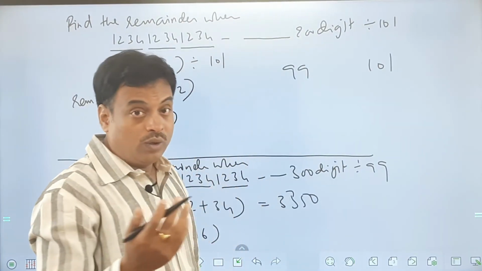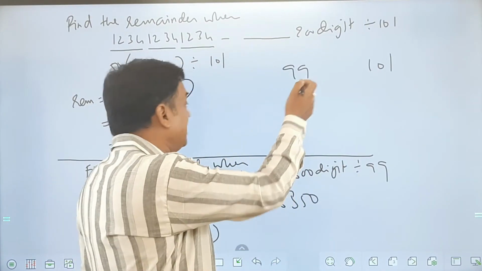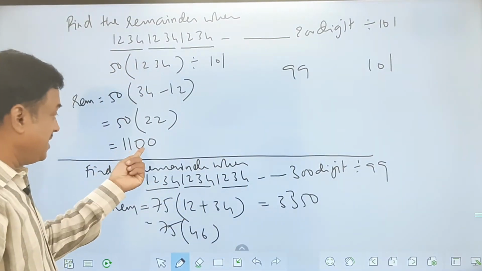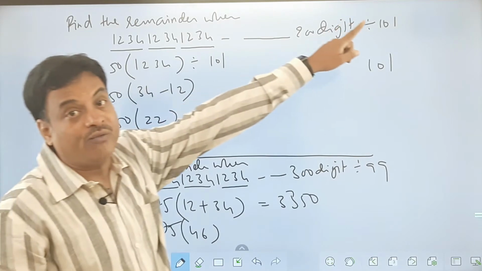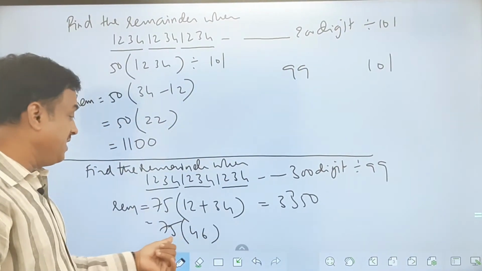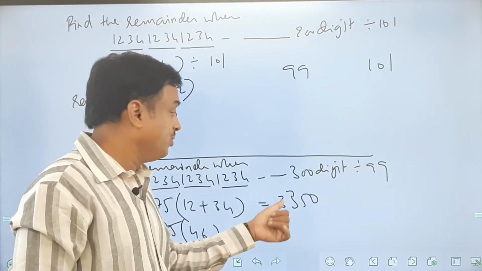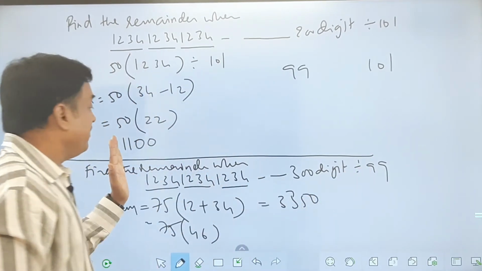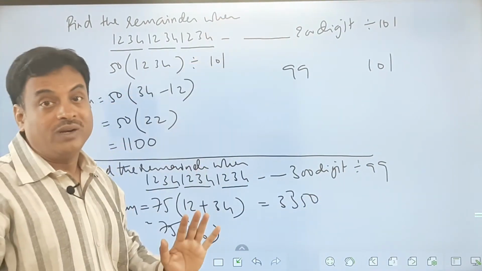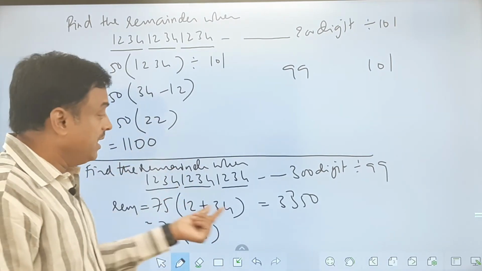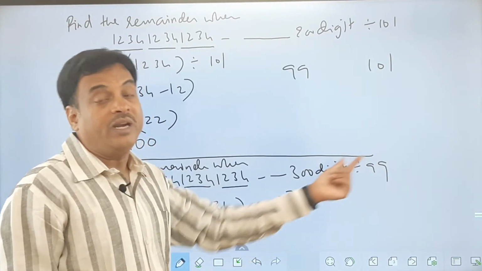Now you all know if a number is divisible by 99 and leaves a certain remainder, then I should also check whether this number can be a possible remainder of 101 or not. I should not just leave big numbers here. See, this is a very big number, 99 into 3350 and 1100 divided by 101. 101 cannot have 1100 as a remainder. Am I right or wrong? Here you see 3350 cannot be a remainder for 99.